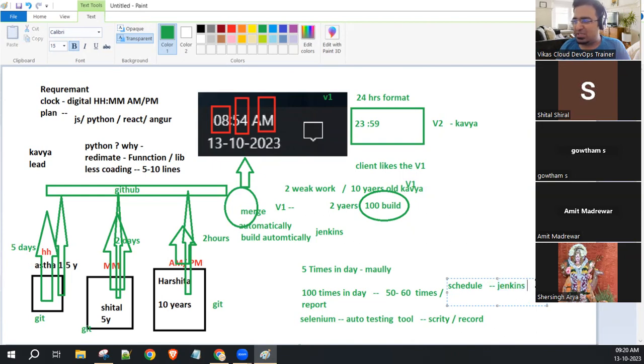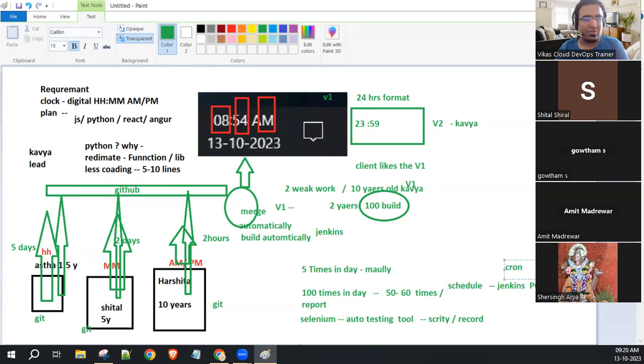Okay, in Jenkins there is an option. The option name is Poll SCM. If someone gives this answer, I will be very happy. Poll SCM is the option. You just have to use this option, Poll SCM, and it will get scheduled automatically. It will work 100% like a cron job.